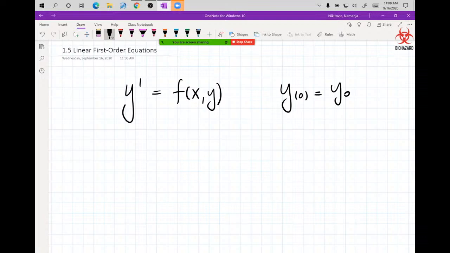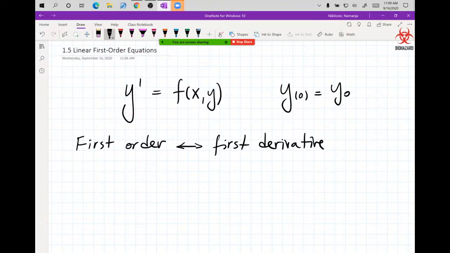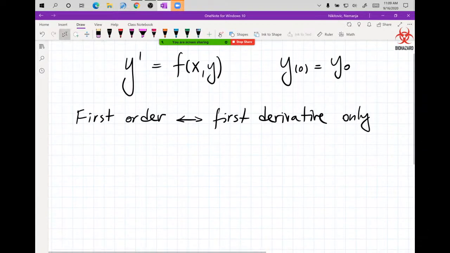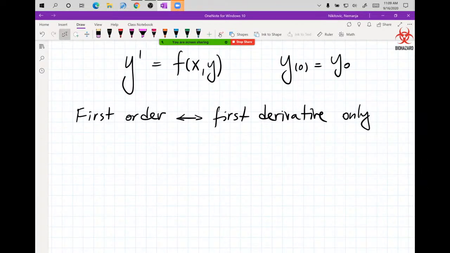So it's first order, not because of Star Wars, but because it's the first derivative. So first order is first derivative only. That's what we have. First order is the first derivative only,